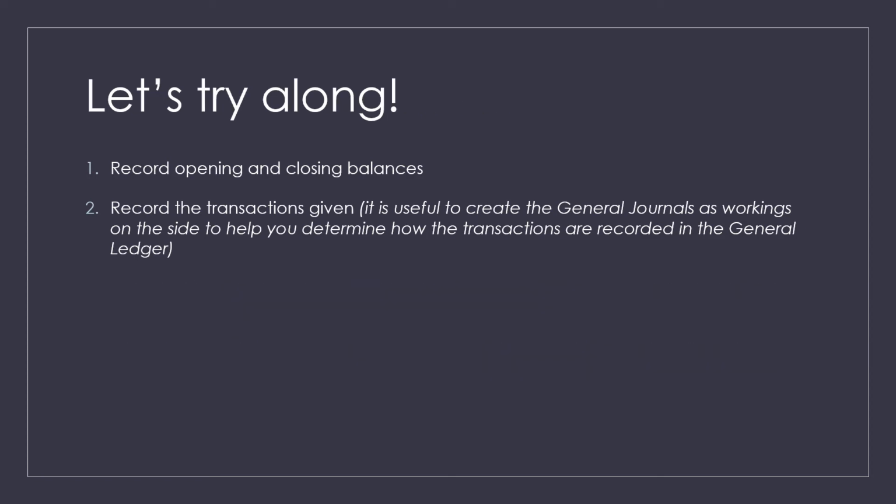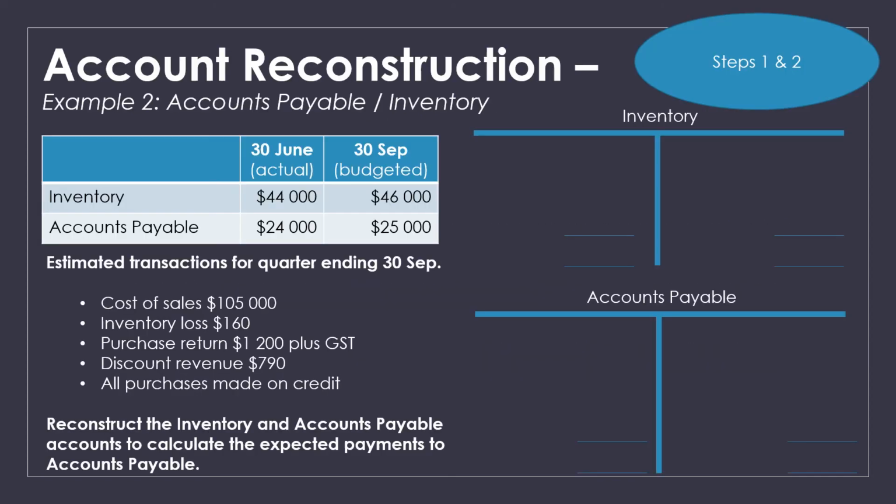We're now going to start with the first two steps. Step 1 is to record the opening and closing balances for both the inventory and accounts payable ledger accounts. Once we've done that, in step 2, we're going to record the estimated transactions for the quarter ending 30th of September,